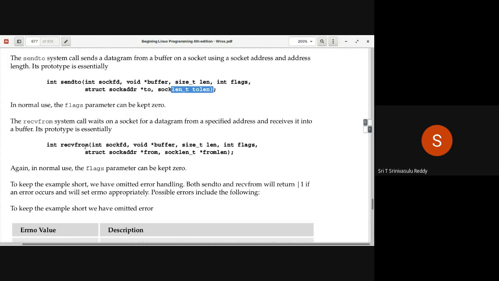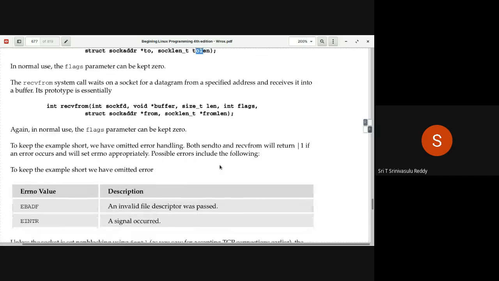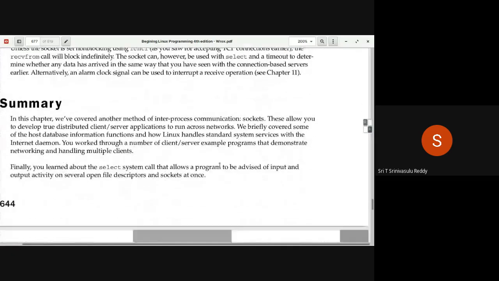Recvfrom is also the same thing. Recvfrom returns an integer, and these are the parameters. The difference is that for the length, you now have to pass on the address, because you are receiving the address of the other side of the machine. The corresponding address structure length must be updated. Whereas here, you are giving this information to this particular machine only, so no issue. Whereas there, it's likely to be updated. That's why you have to pass on the address of that particular thing.